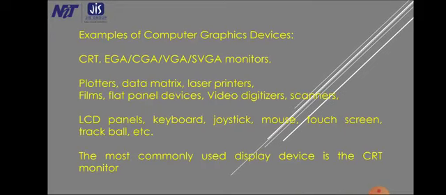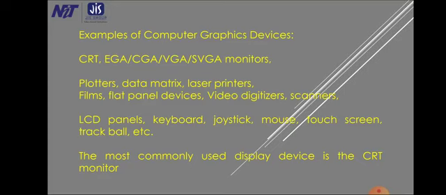In this lecture on introduction to computer graphics, of course, we have seen various types of input-output devices which are used in the field, and a few of them are used for output as well as for input. So the output devices are the monitors and input devices are keyboard or mouse. Let us look at a few examples of computer graphics devices, especially the input and output devices.